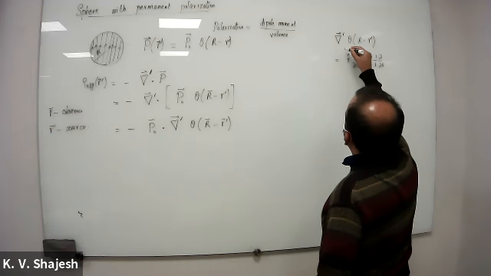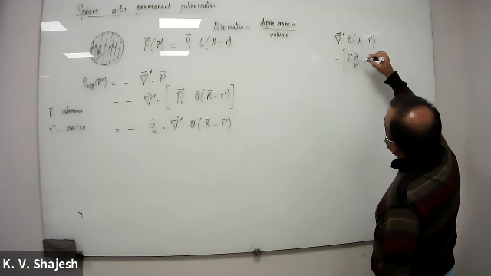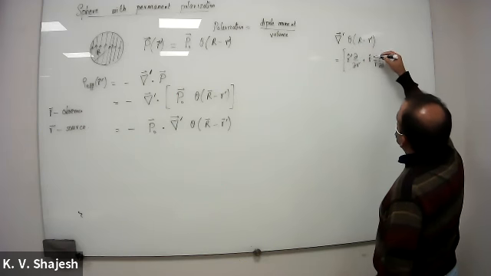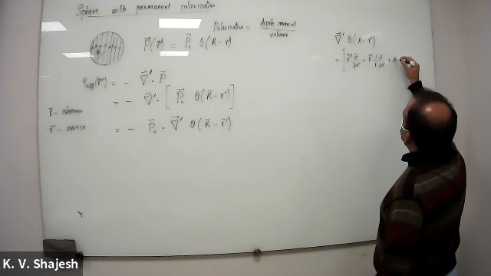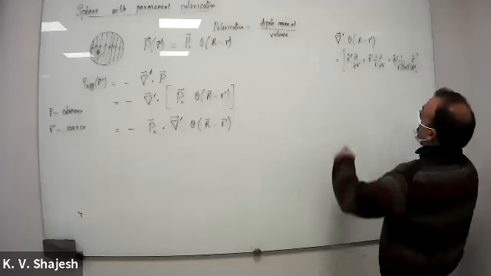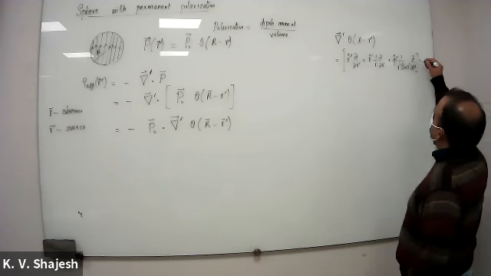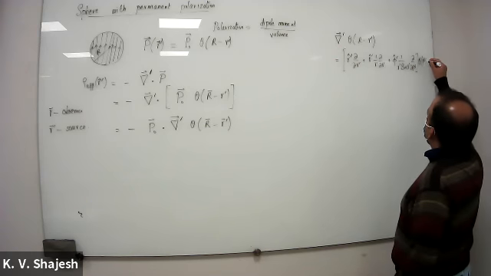That's how the gradient looks. So I should actually again make it primed, primed, primed, plus phi hat prime and 1 over r prime sine theta prime d by d phi prime. That's the whole operator for the gradient in spherical coordinates, and this whole thing acts on